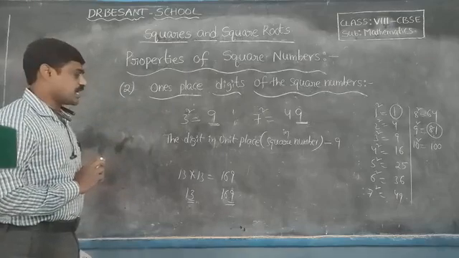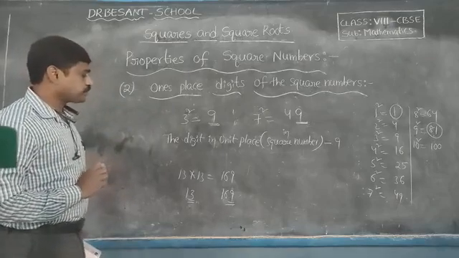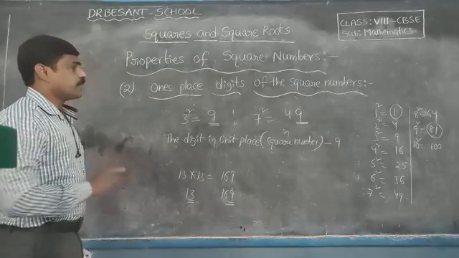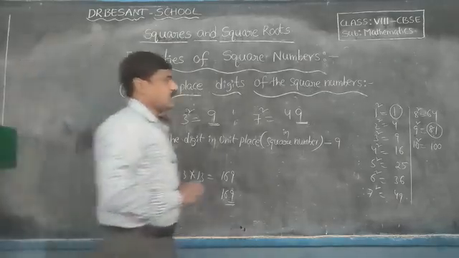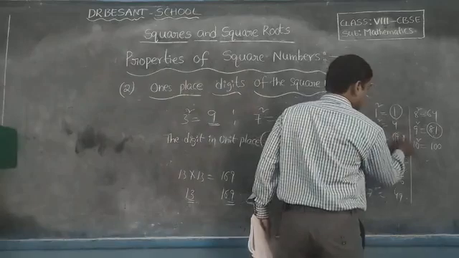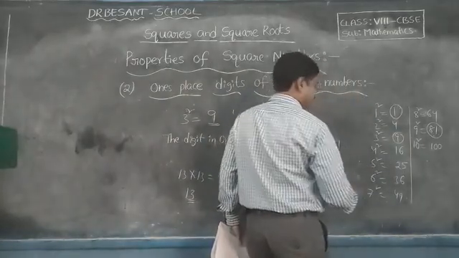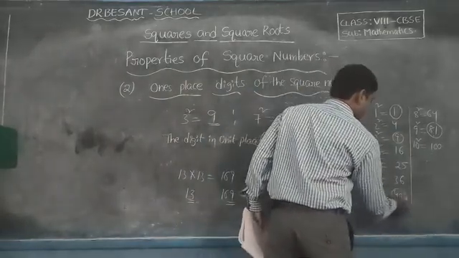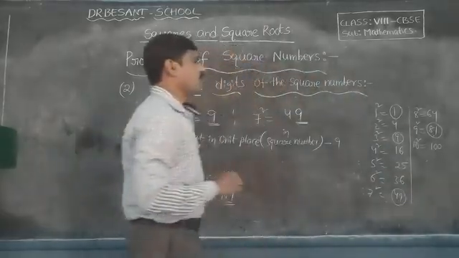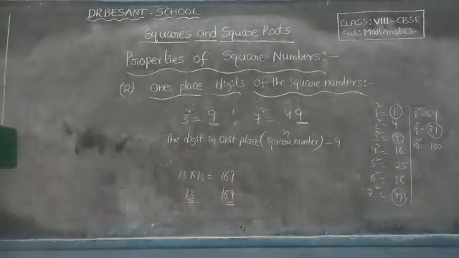Okay, so from this we can learn the rule. Is this one clear or not? Next, like this many examples we can check. Is that clear? Okay, from this rule we have learned this one. Is it clear? I think. Next, the square of a number has 6 in its ones place when the original number has 4 or 6.